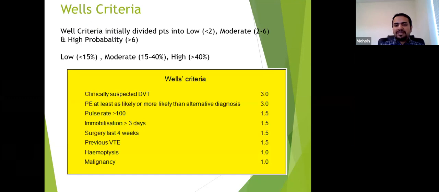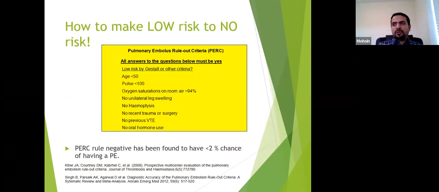So once you have used the Wells criteria and have a low risk score, for example a score of less than 2, what to do next? You can use a PERC rule. If all of them are negative, you are confident the patient has no risk factor and their chance of having a PE is less than 2%. This is basically old data. The PERC study was done in 2008 in America by a group of emergency physicians, and they came up with this criteria to effectively rule out a PE in patients. It was later validated in studies in 2012.